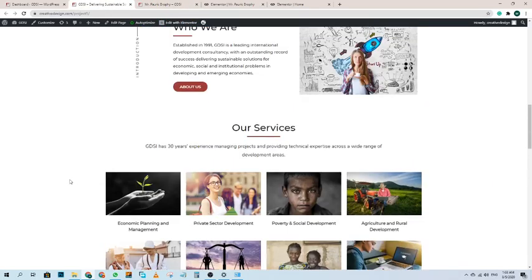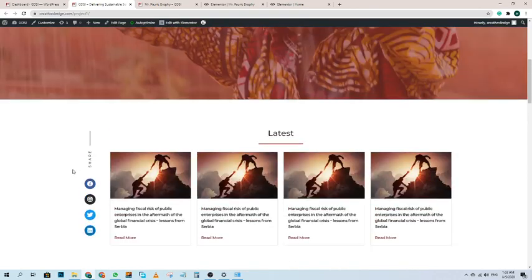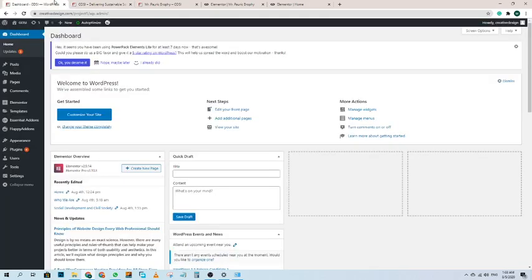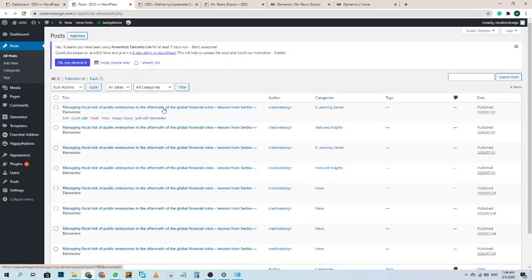Now I will show you how you can change or add a new post. For this you have to come to the dashboard again and click on all posts. Here I will show you how many posts are added.